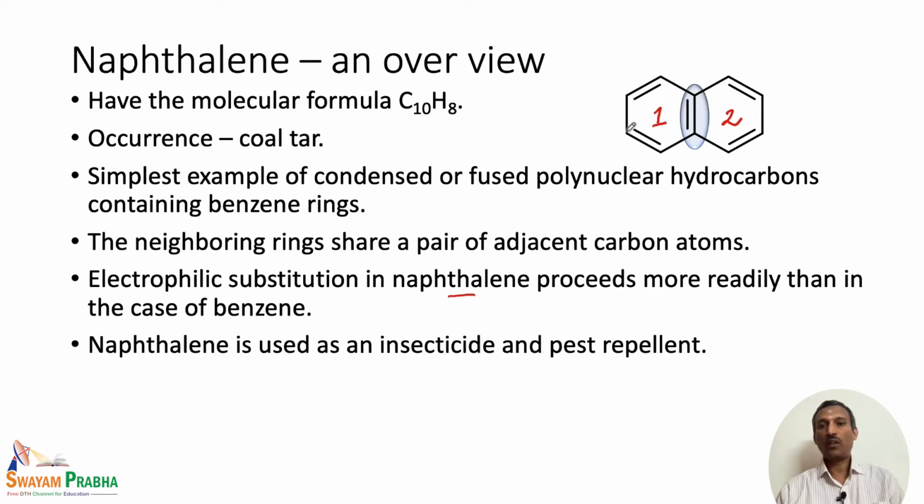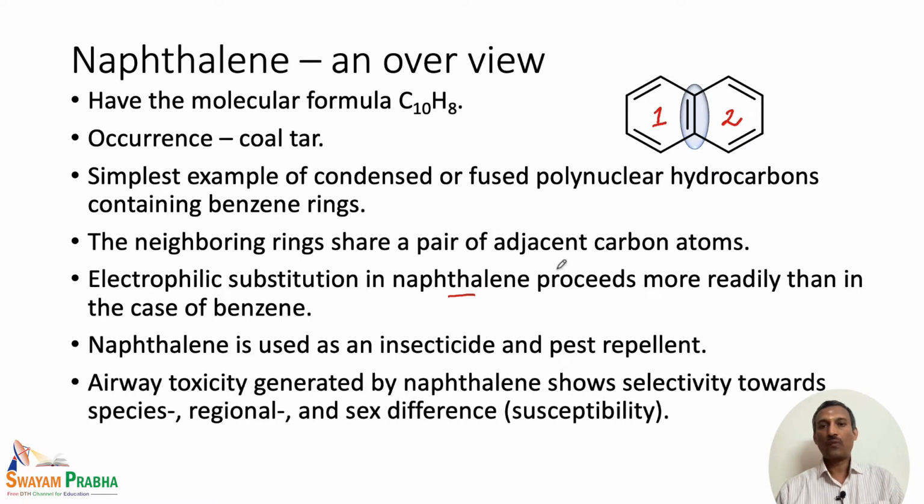And if you look at the uses of naphthalene, naphthalene is generally used as insecticide or pest repellent. So many of you will be using this at your home to get rid of cockroaches and other small insects. You can use naphthalene balls. Of course, naphthalene has some toxicity. There is an airway toxicity generated by naphthalene, and this toxicity is actually specific, or it is towards a particular